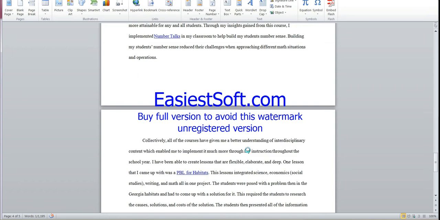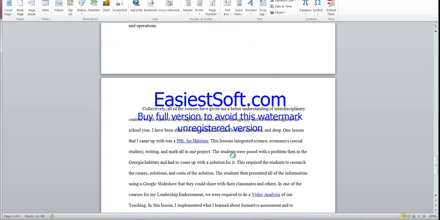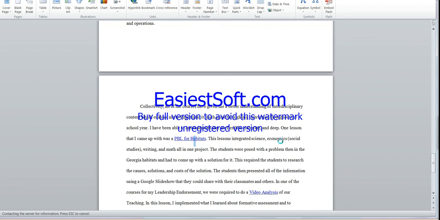The last standard, standard 1.4, says actualizes the integration of content, pedagogy, and interdisciplinary understanding through instruction that is integrated, flexible, elaborate, and deep. So I just talked about how in a PBL that I designed for my students, I integrated science, economics, writing, and math all in one PBL project. In one of the courses for my leadership endorsement, I did a video analysis of my teaching where I was able to do flexible grouping and model lesson